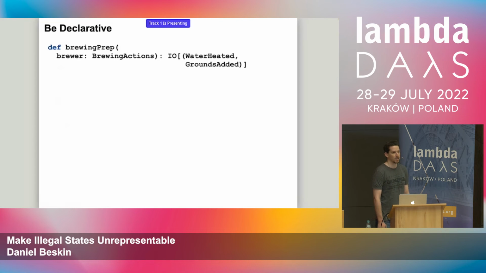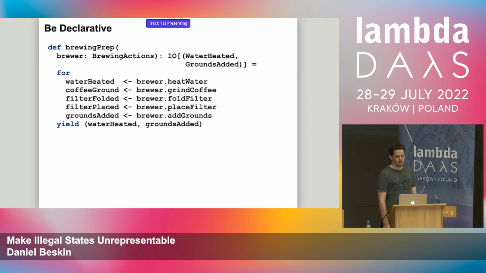And so we can now implement our prep flow from before. Instead of having our implementation return unit, we now have a more informative signature that tells us what actually was achieved during that process. After we finished the prep, water was heated and the grounds were actually added. So there's no avoiding that now. Every implementation of this code has to do something about it.